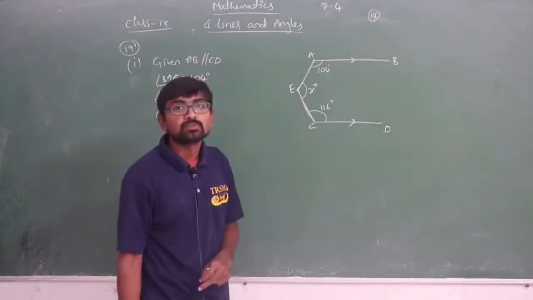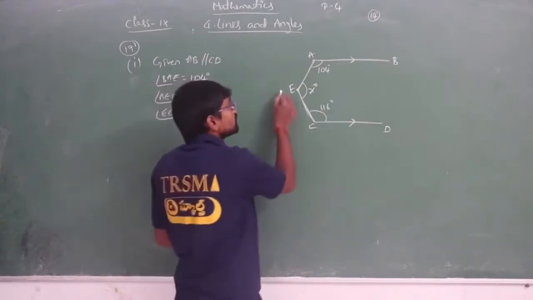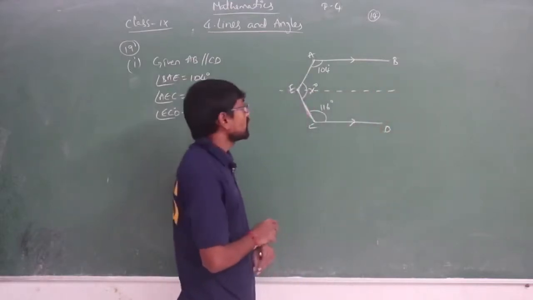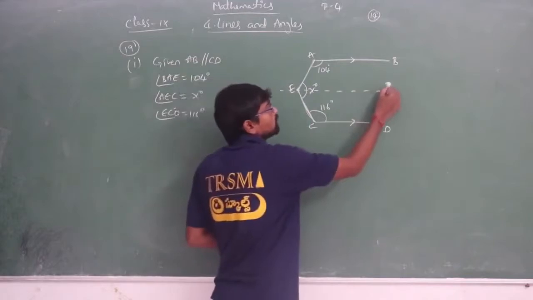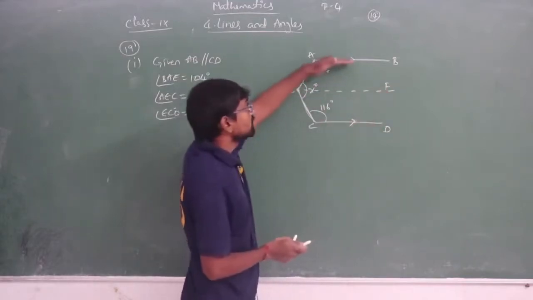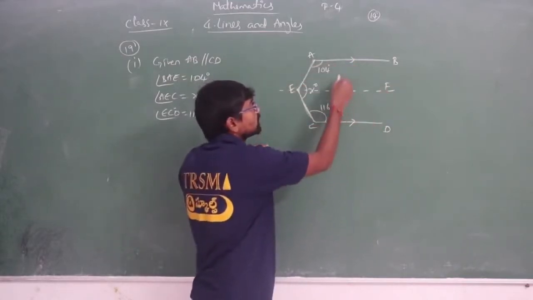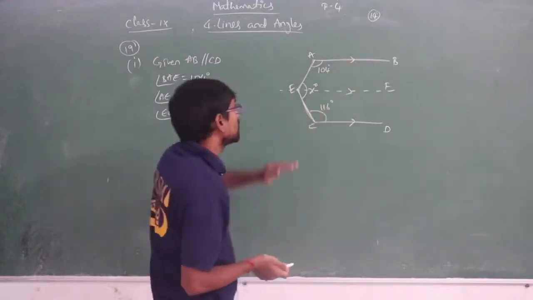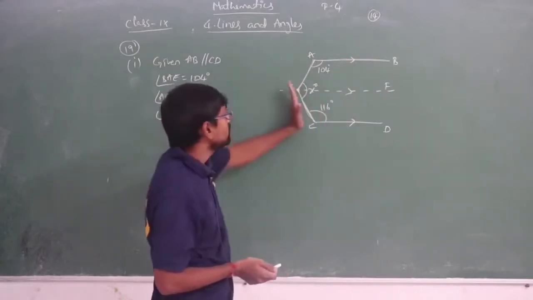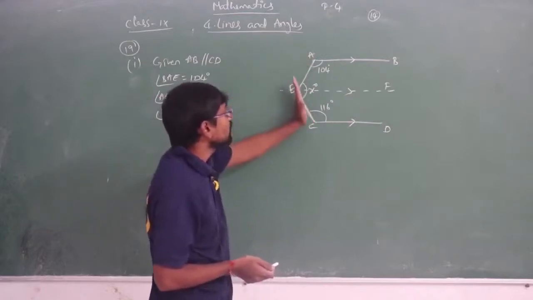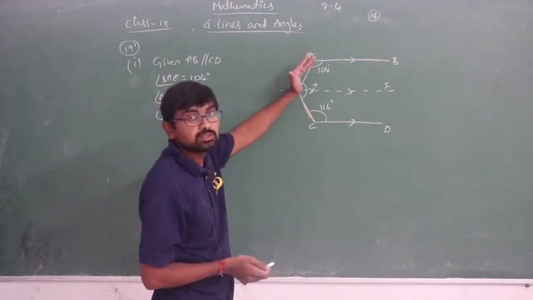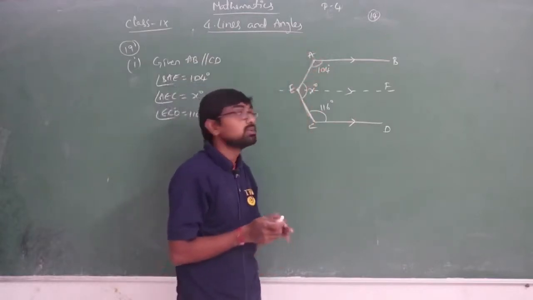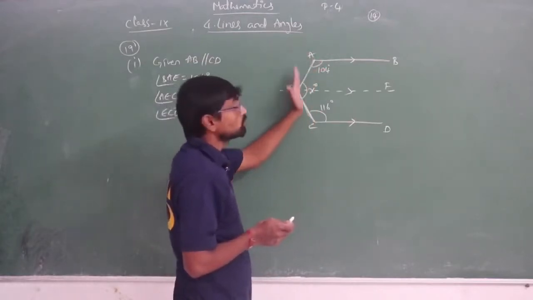It is very easy. How can we solve it? We will just take an imaginary line from here, E to F, which is parallel to both AB and CD. Hope you all understood, isn't it? So how can we take it? Here we have 2 lines. One line is curved, it is turned, so we can't take this as one transversal. Here we are getting 2 transversals.